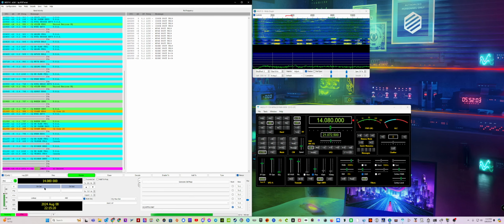It'll automatically switch it. FT4 is a faster one. It does 7.5 seconds as opposed to 15-second intervals. I don't really hear much. What I do to see if there's going to be a lot of activity is, you can kind of hear there's some activity in the background. If you go to FT8,